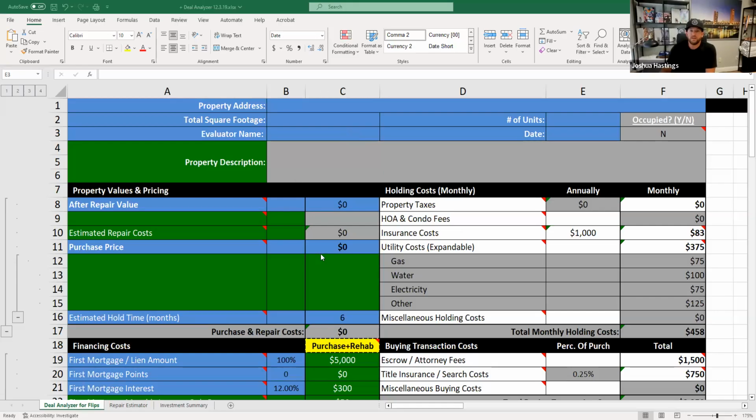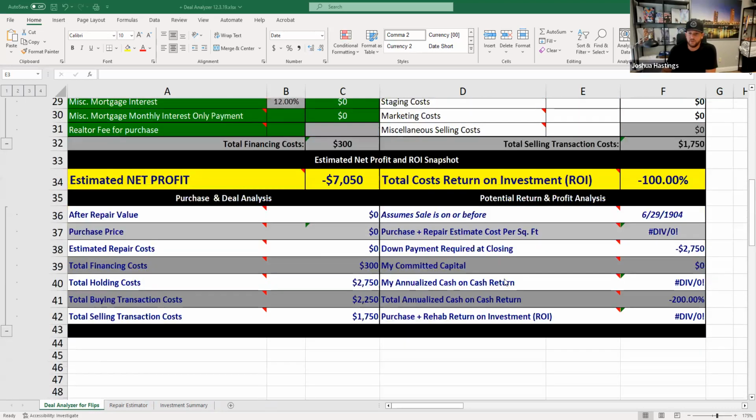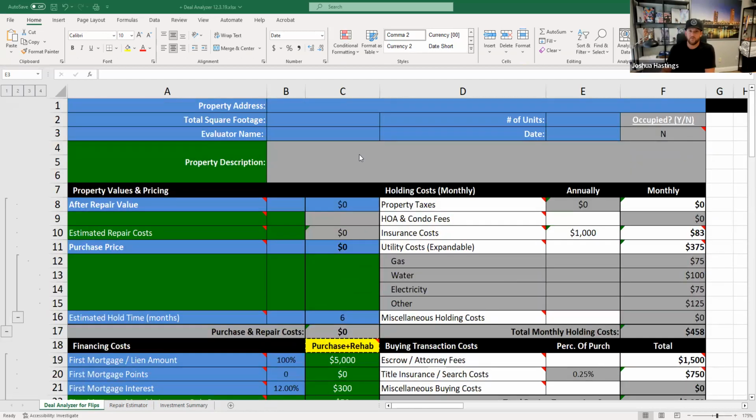All right, now what you're looking at is the deal analyzer. On the deal analyzer, there are 3 tabs that we're going to go through today. The first one is what we call our deal analyzer for flips. This is what breaks down the entire process of the deal from start to finish. That way, whenever we're making an offer, we know exactly what our profit is going to be at the end before